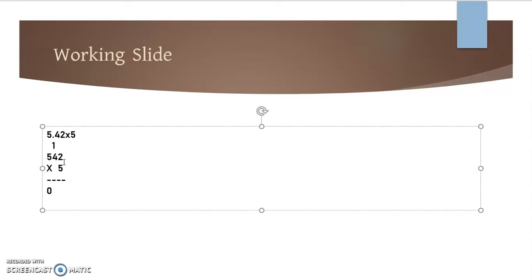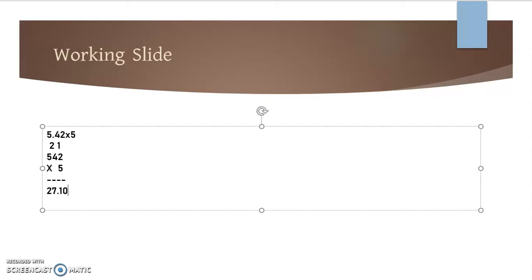10, and here 1 carry forward. 5 into 4 is 20. 1 from the carry forward comes over here, it becomes 21. 2 is carry forwarded, and 5 into 5 is 25, and then plus 2 is 27. 10. And because we have to put 2 digits after the decimal, our answer should be 27.10 or 27.1 as